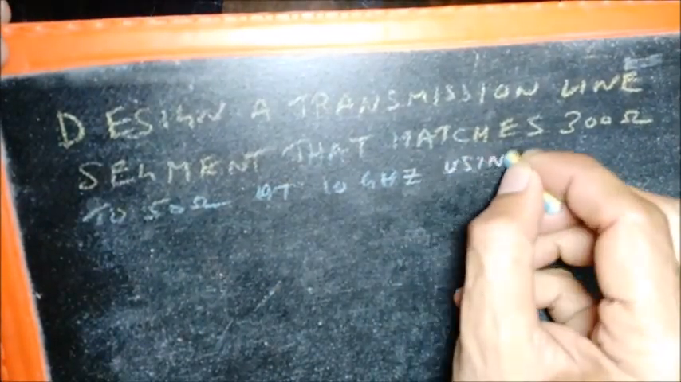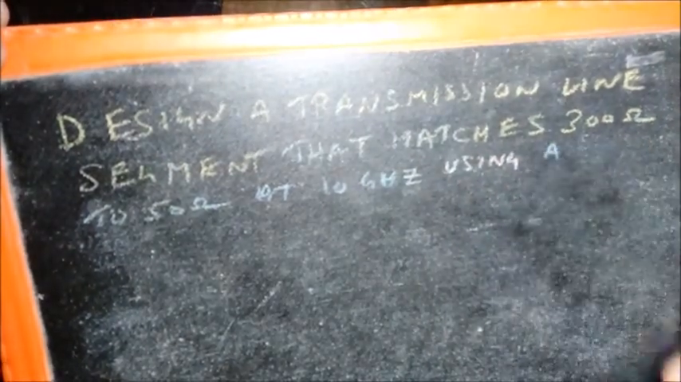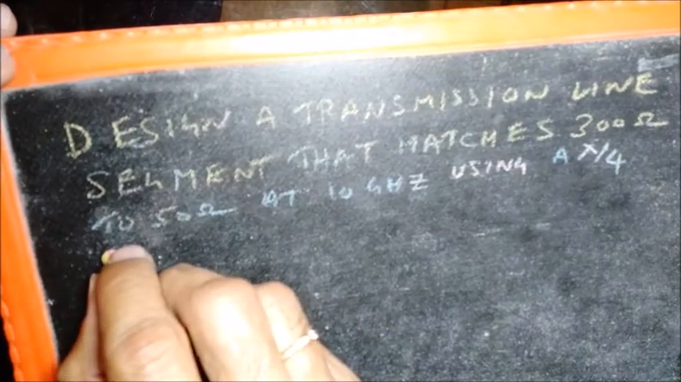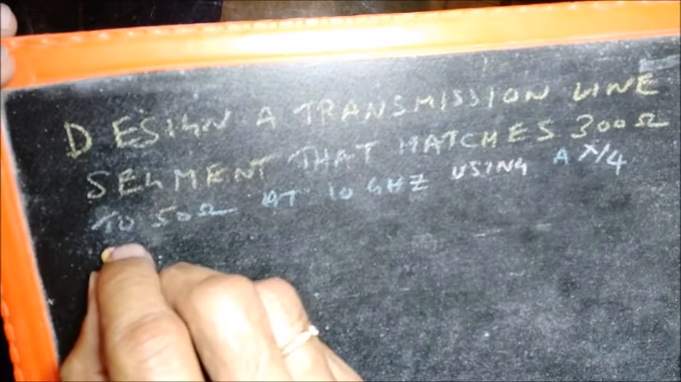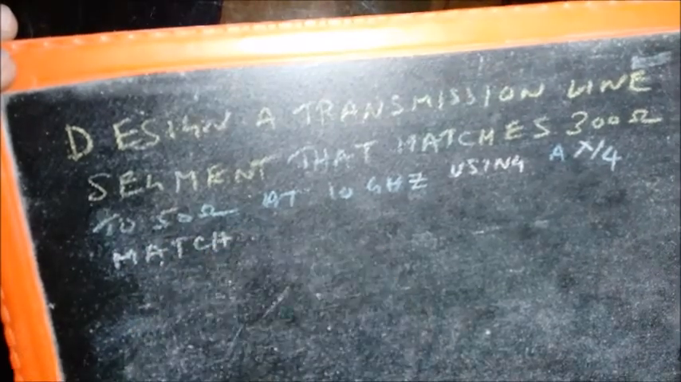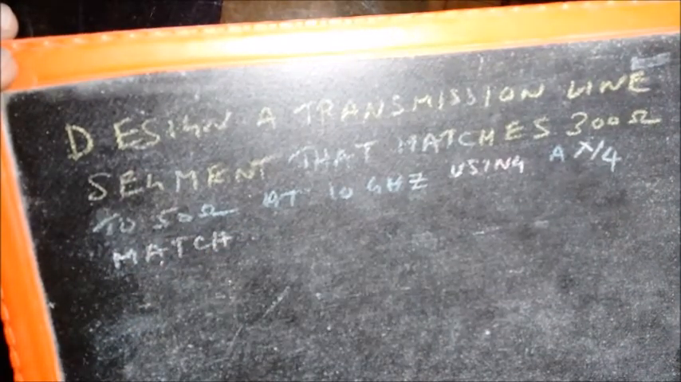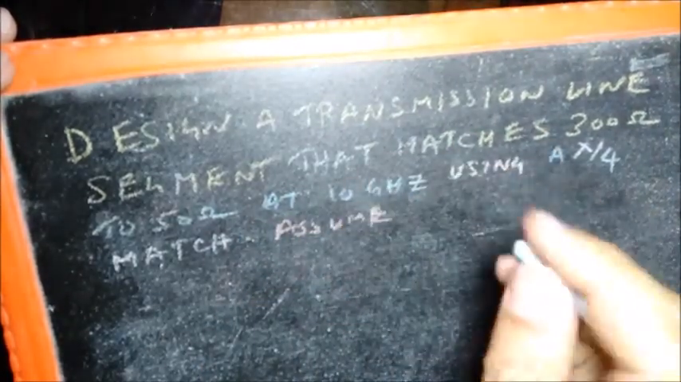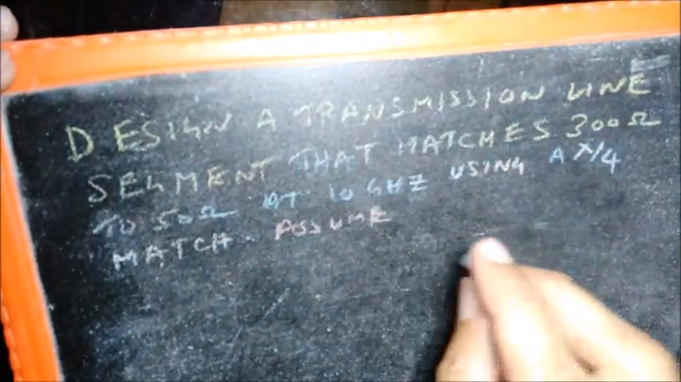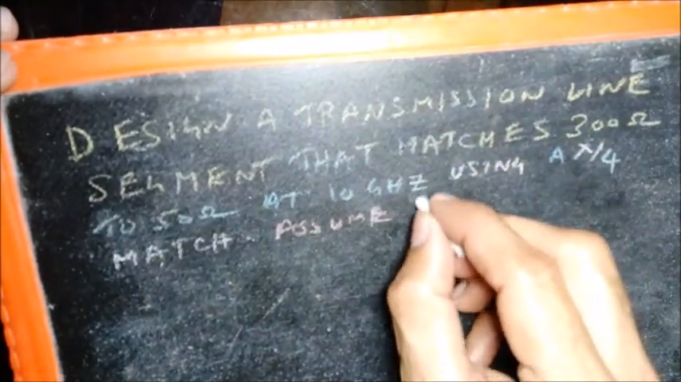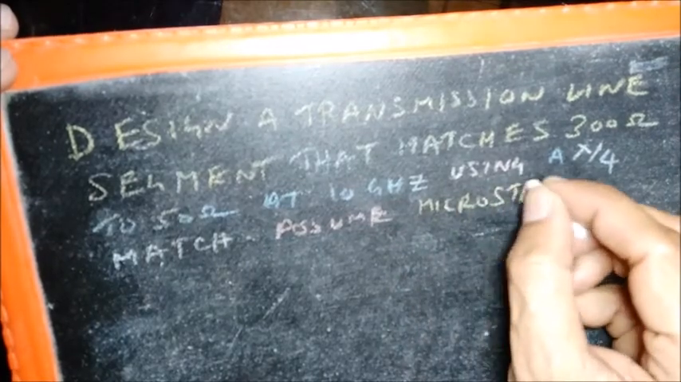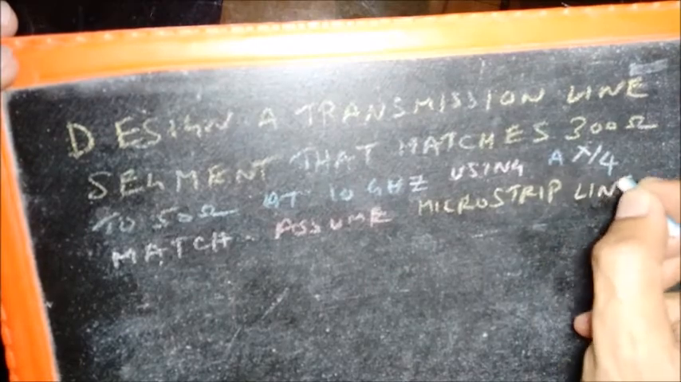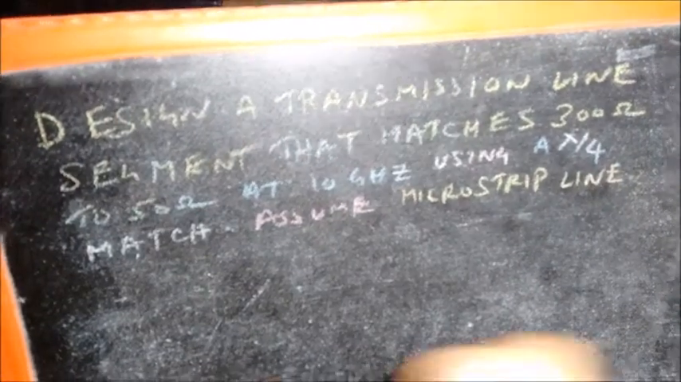Using a quarter wavelength match. Assume this data is additional, because to solve the problem, in fact, this is enough. So it's just additional data. Assume microstrip transmission line,